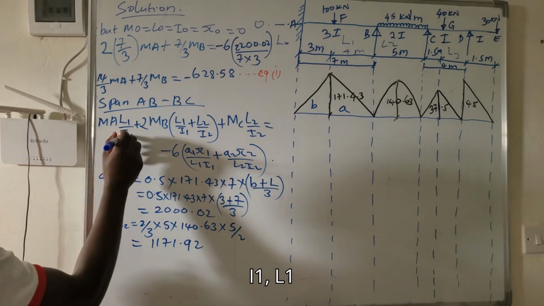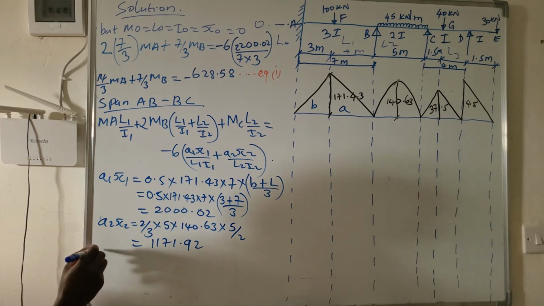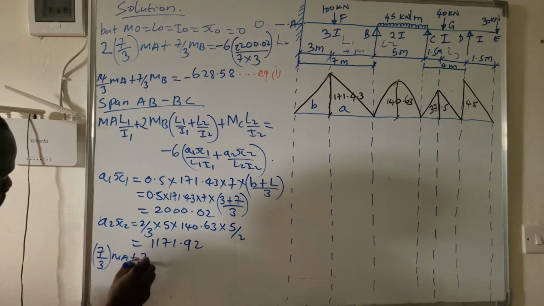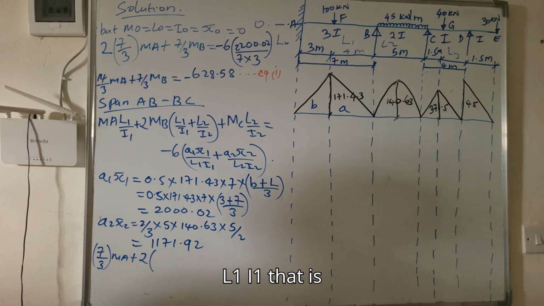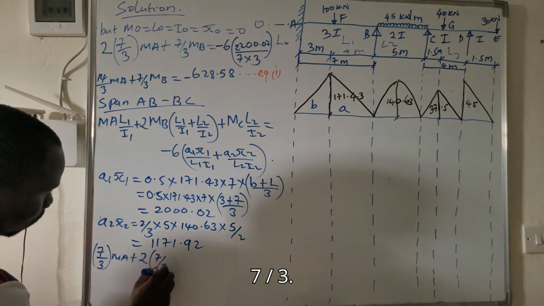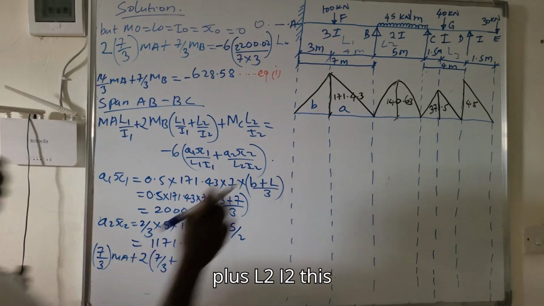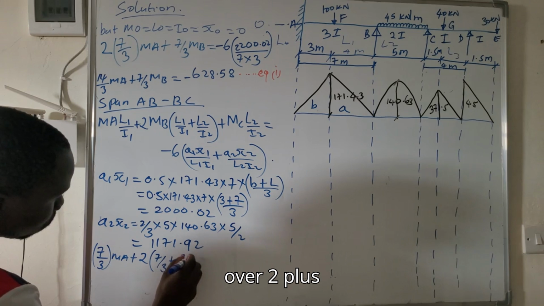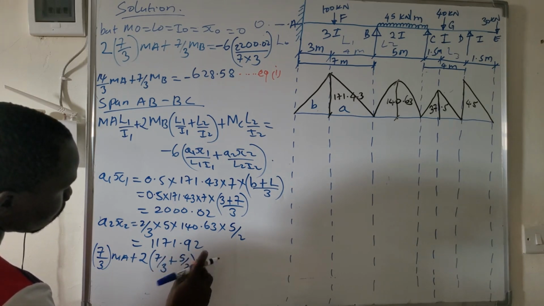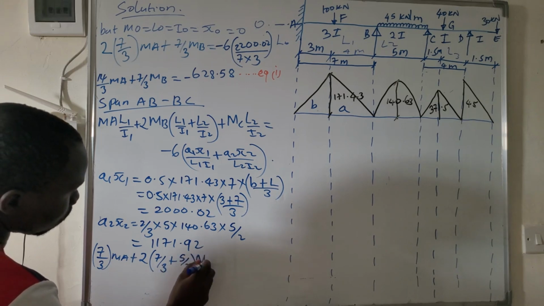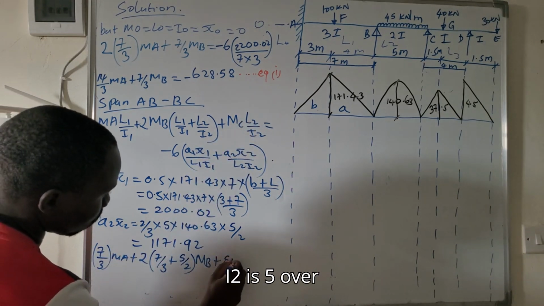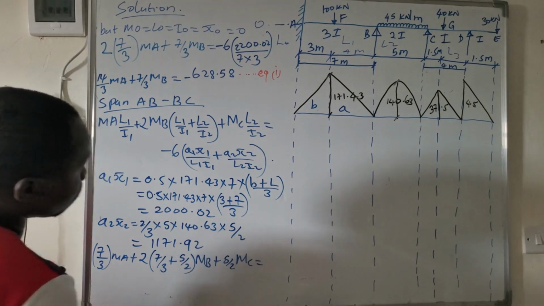So L1 I1 is 7 over 3 MA plus 2 into bracket L1 I1, that is 7 over 3, plus L2 I2, this is 5 over 2, MB, plus L2 I2 is 5 over 2 MC should be equal to